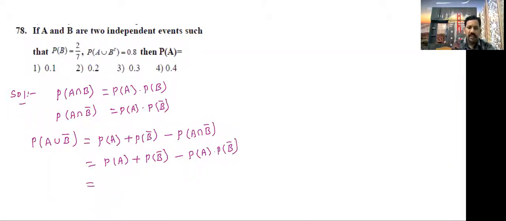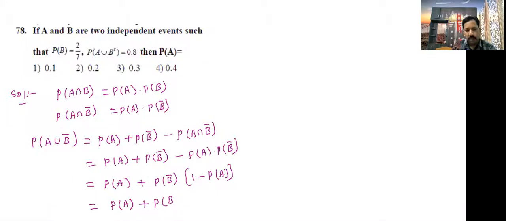Here observe that, take any two, no problem. So I am writing P of A only, plus in these two take P of B complement common. Remaining, what is there? 1 minus P of A. 1 minus P of A means what? P of A complement. This is P of B complement into P of A complement. Okay, P of A union B whole complement.